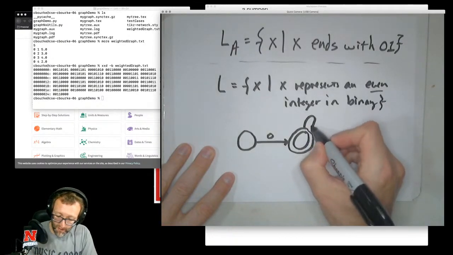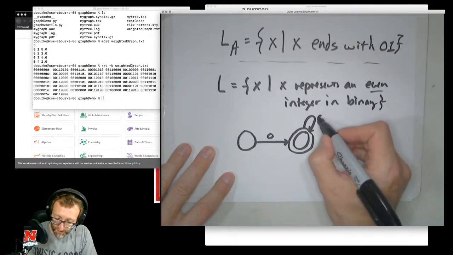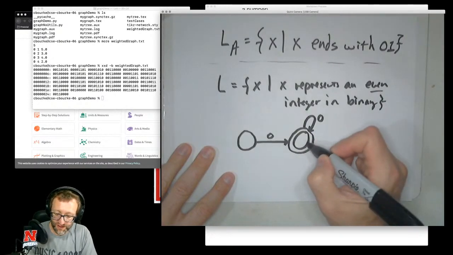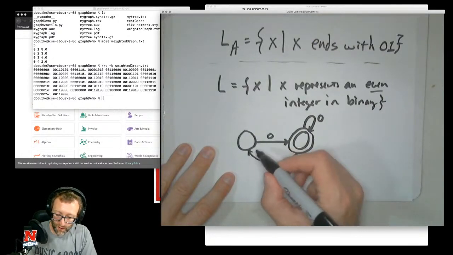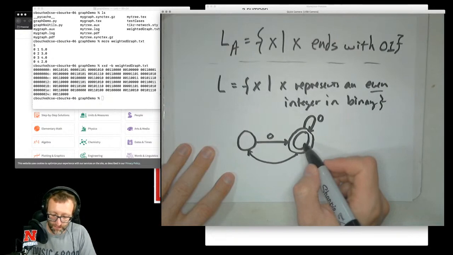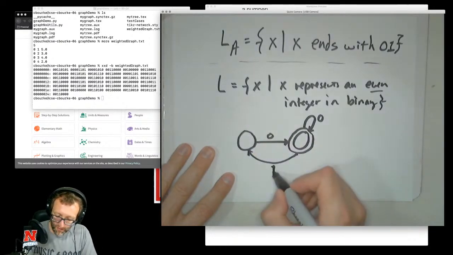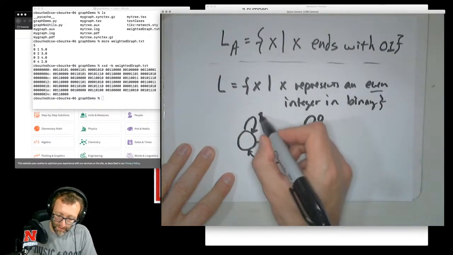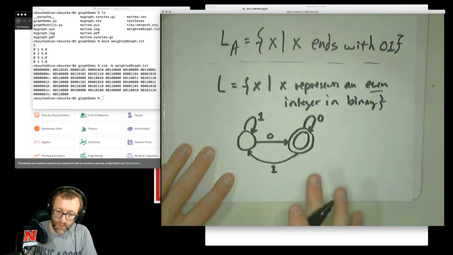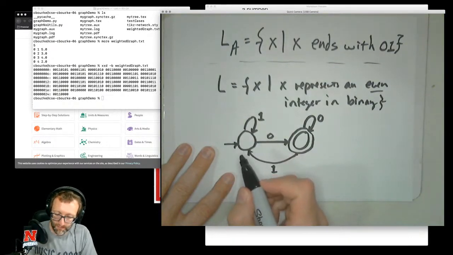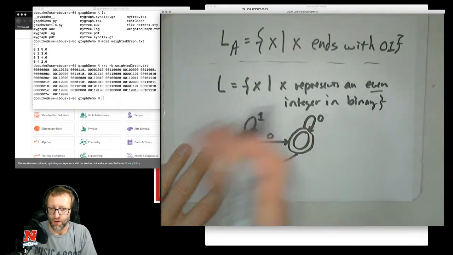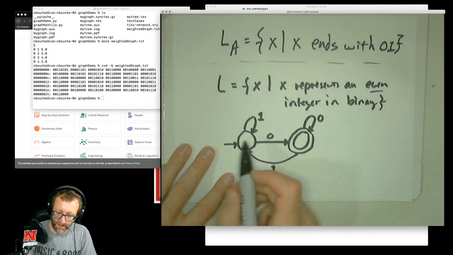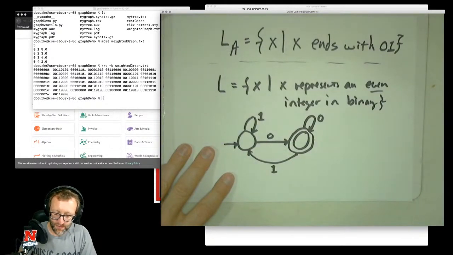If we have 0, 1, 0, 0, 0, 0, 0, 0, 0, 0, as many zeros as you want, then you stay in this accepting state. But if you ever see a 1 at the end, then you jump back over here. But then you saw another 0, so you jump back over there, right? And so you can go ahead and make a very simple finite state machine. This is our initial state because the empty string is neither, so we're going to throw it out of that language. And here's a very simple 2-state machine to determine whether or not something is even or odd,